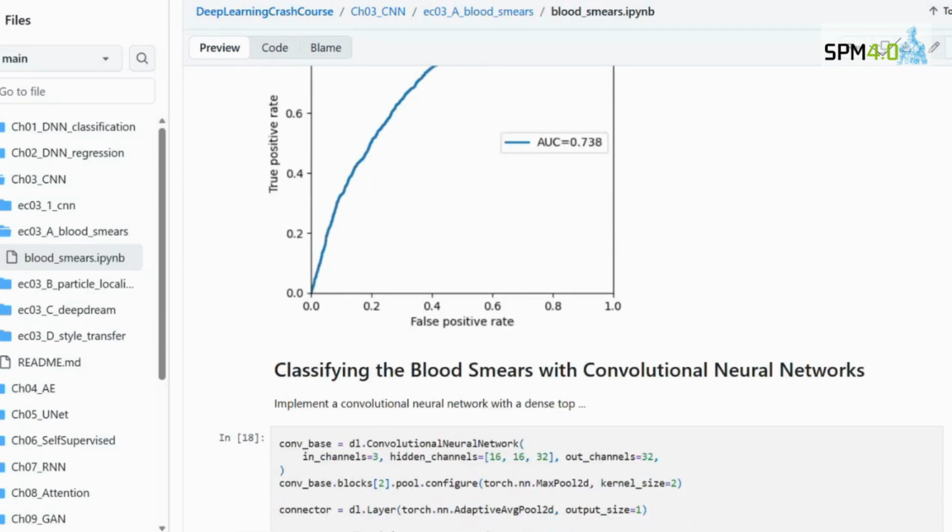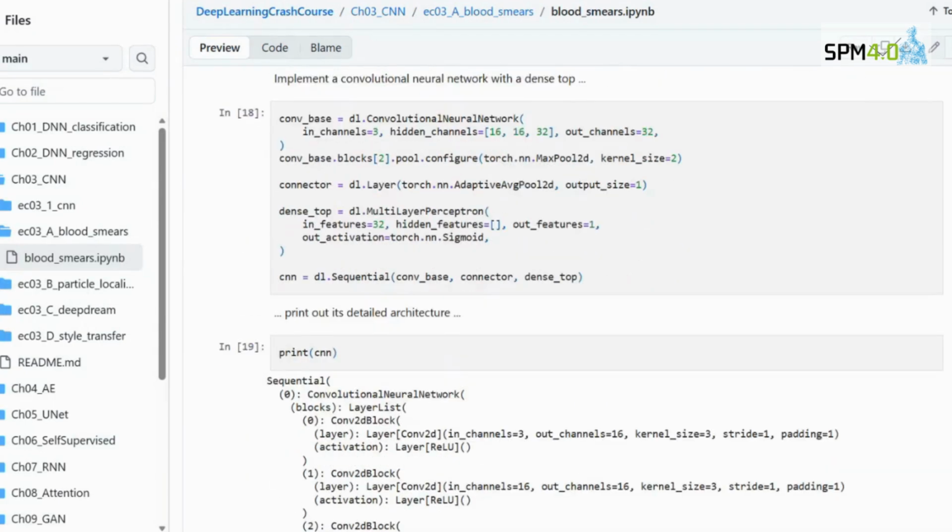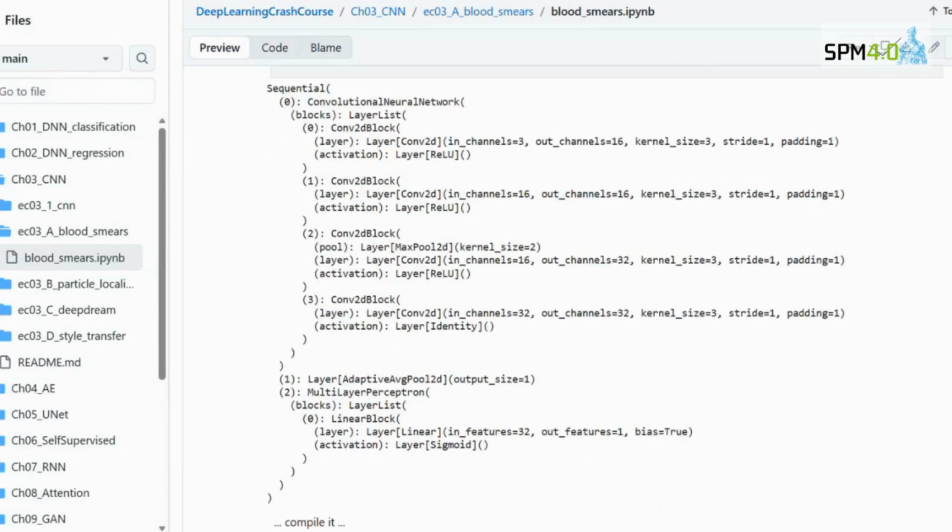But now let's introduce the convolutional neural network that we mentioned before. So now we have a network that is more complex because there is a convolutional part, what we have there on top, plus the dense top, which is a linear layer or a dense neural network that combines the result of the convolutional neural network to get the final classification. You see, the print of the network is like this. We have 4 convolutional layers, and then we have the dense layers. The number of features is going from 1, because this image is